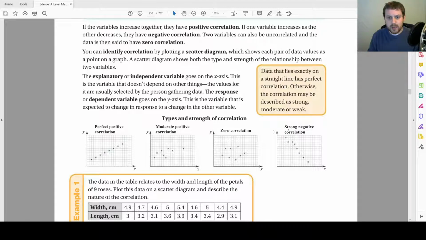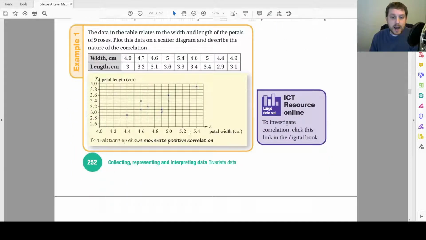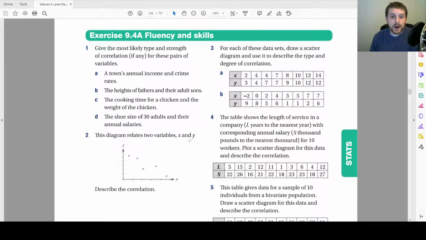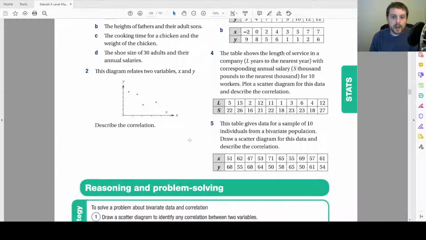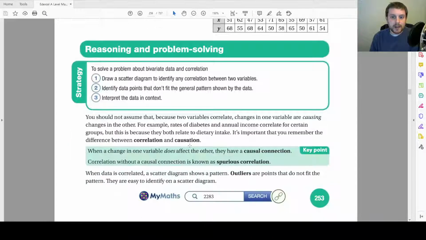And so you remember the keyword correlation, and if it's close to a straight line, then that means there's some correlation. If it's going uphill, if it's got a positive gradient, it's got a positive correlation, or if it's going downhill, it's a negative correlation. So I need you to read all of this stuff. And basically what this part of the book is about is, it's not really any more complicated than that,